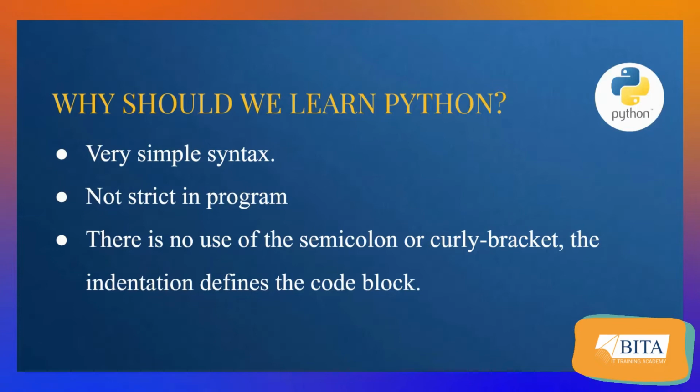If you consider any other programming language, every statement will end with a semicolon. But in the case of Python, we don't need to use any semicolon at the end of a statement. And we are not using any curly bracket for opening and closing particular functions. We are following only indentation. What is called indentation? Indentation is nothing but giving some spacing. Python generally takes 4 spaces for indentation.